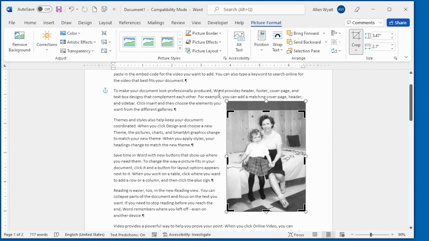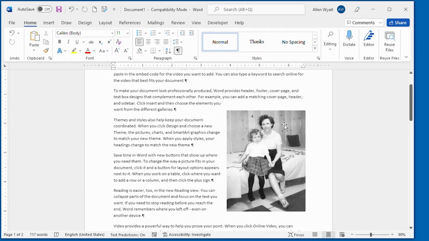And then when I click somewhere else in the document, notice that it's cropped right down to where I had released that cropping tool just a few moments ago. Now it's important to realize that when you crop like this, you're not getting rid of part of that picture. It's still there, it's just not visible within your document. What that means is that it does not decrease the size of your document because you've taken out part of the picture. You haven't really taken it out. You've cropped it so it doesn't appear, but it's still there, it's still taking up space,